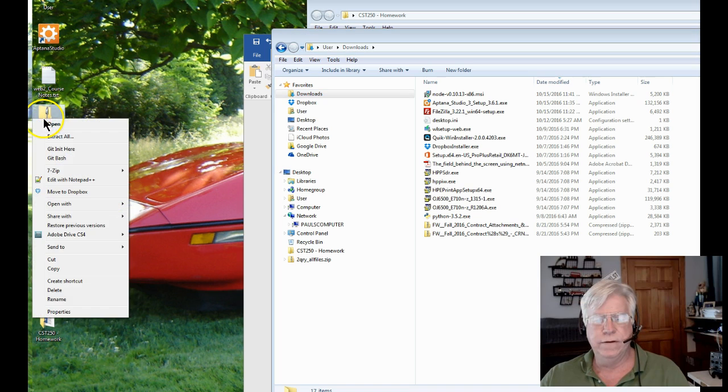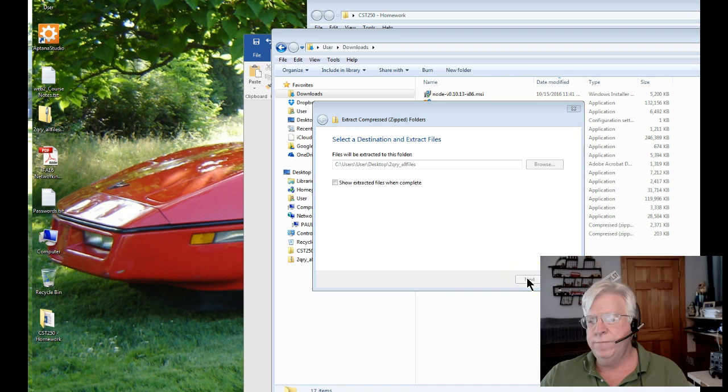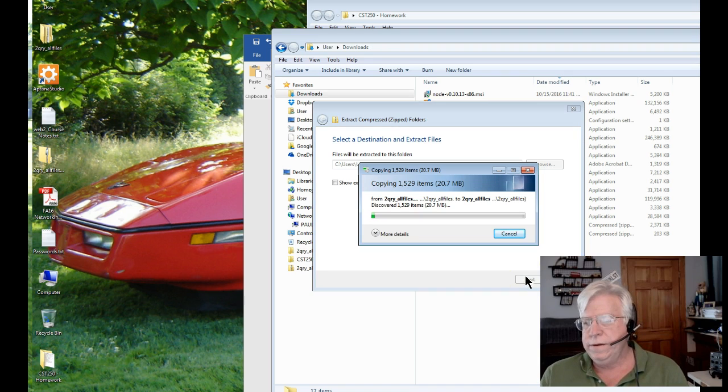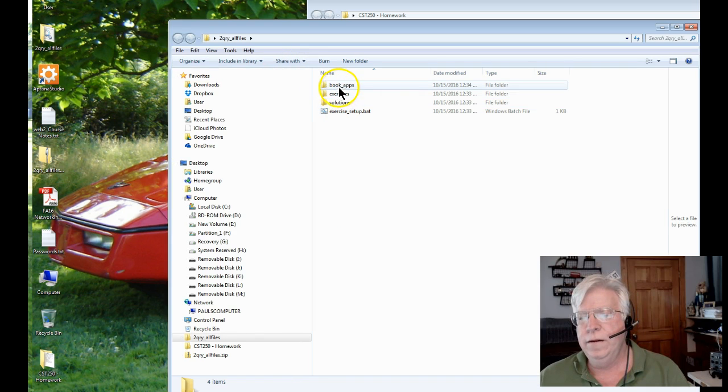So let's just right click on it, extract all. And I'm going to extract it to my desktop and then move it. So now, 20 megabytes, shouldn't take too long. Okay, so I've unzipped that file and it created a folder here called 2jQuery all files and then book apps